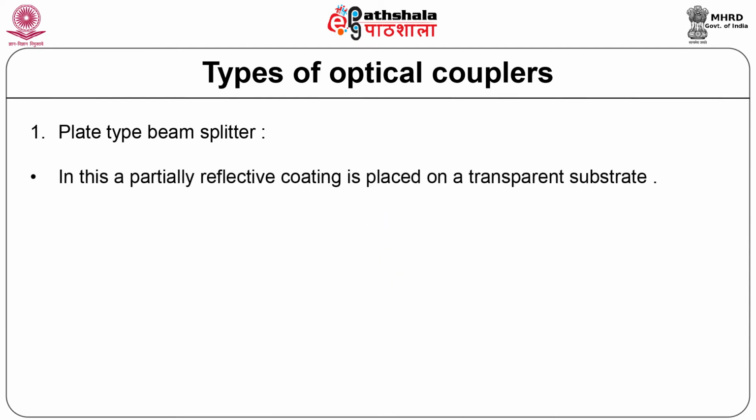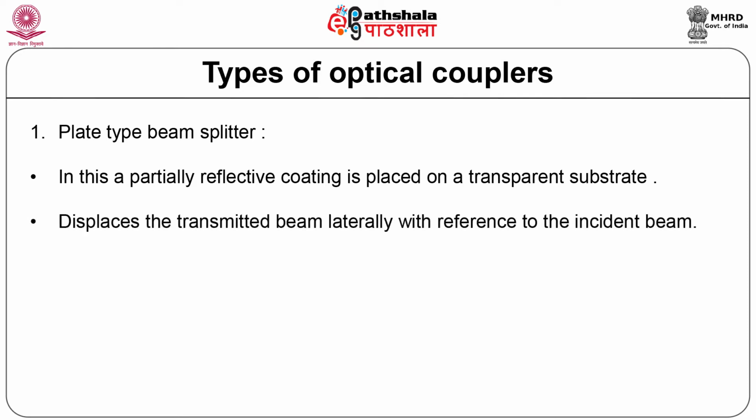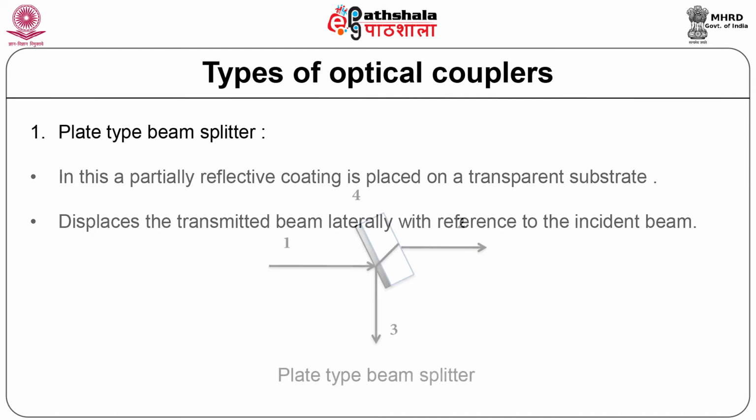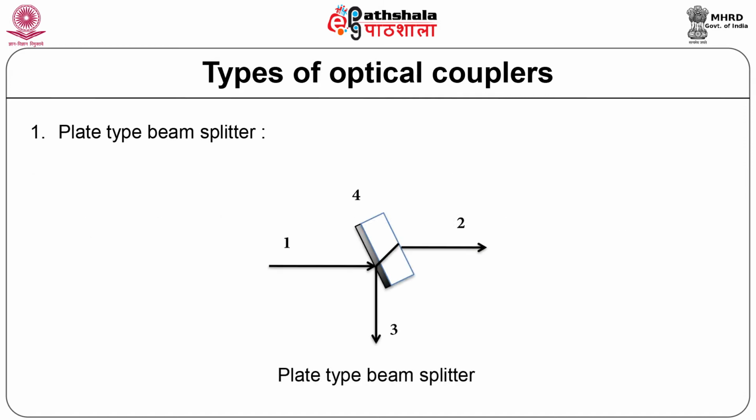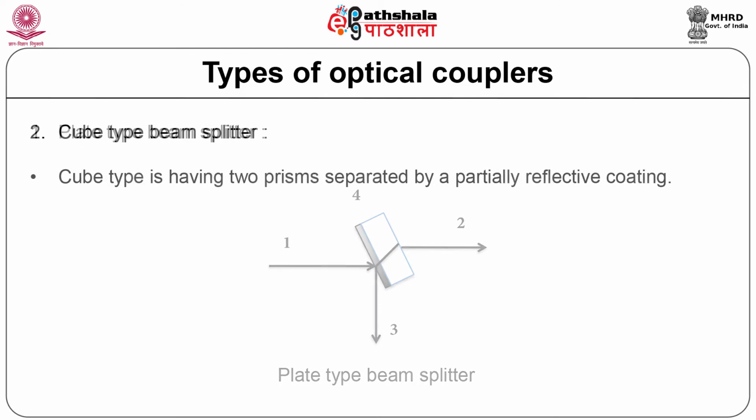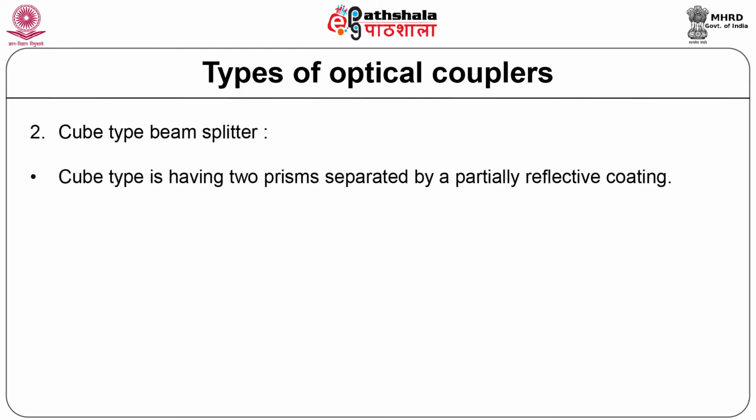Now, plate type beam splitter. In this, a partially reflective coating is placed on a transparent substrate. It displaces the transmitted beam laterally with reference to the incident beam. The figure shows how the structure of a plate beam splitter looks, whereas the cube type has two prisms separated by a partially